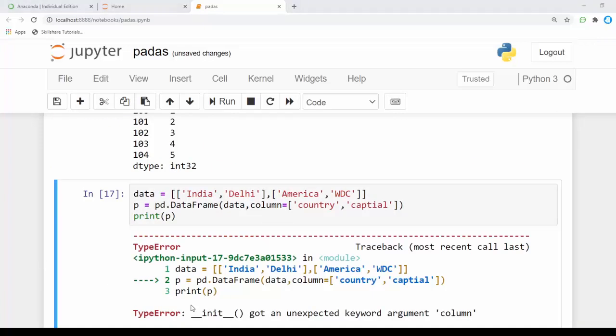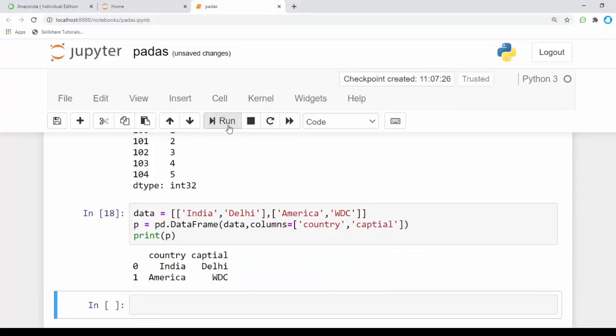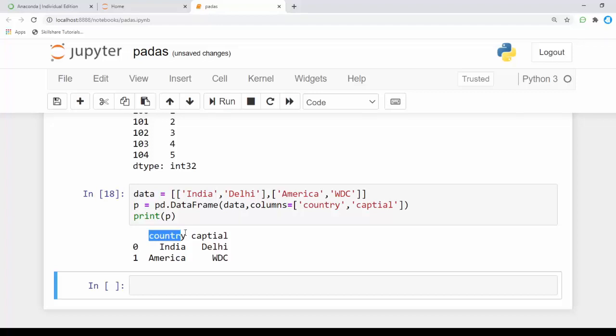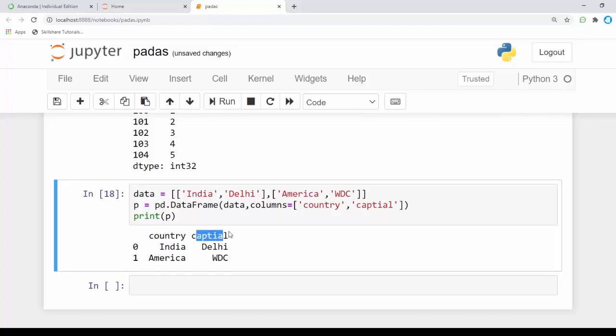Okay, for the columns here, and we got the heading for our columns. This way we can create a data frame. The columns keyword is used to name the head of the column.